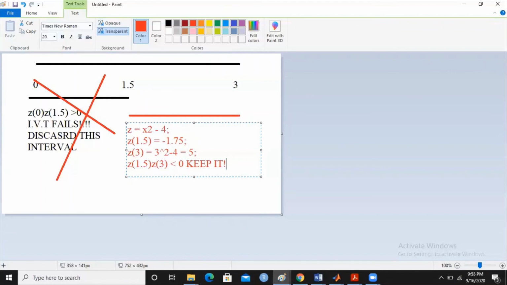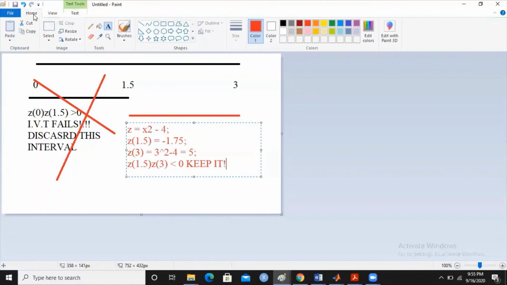Now go to the next step. What is the next step? The next step says that your main interval is now this interval, 1.5 till 3, and what are you going